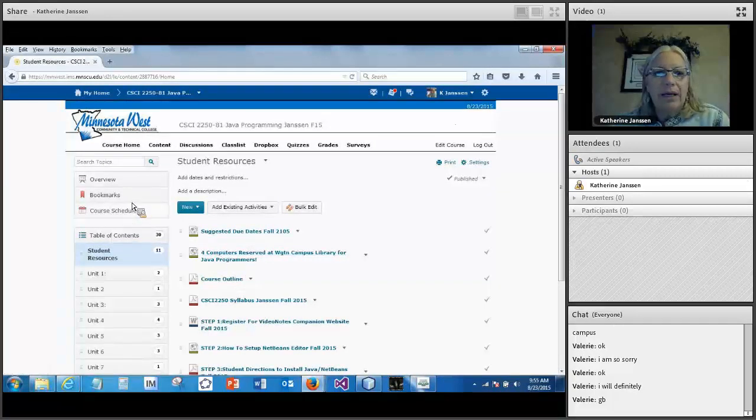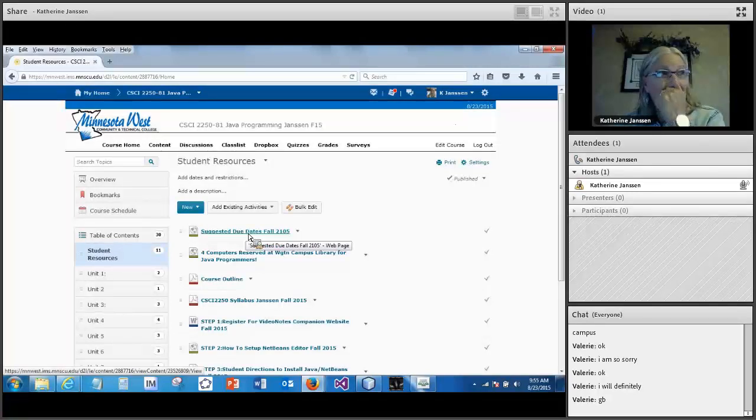As we look at the structure of the course, in our table of contents, we have student resources, your lesson plan, Unit 1, Unit 2, and so on. In student resources, as we get started, the suggested due dates are listed there. You may want to work ahead, and that is just fine. Just don't get behind where I'm at in making assignments as I'm walking through the course,